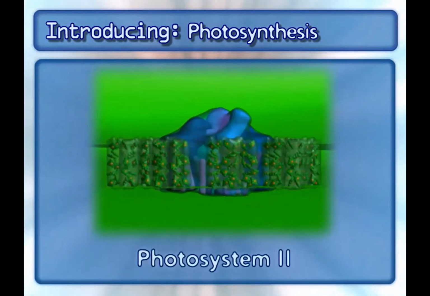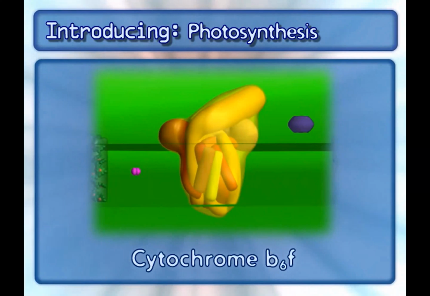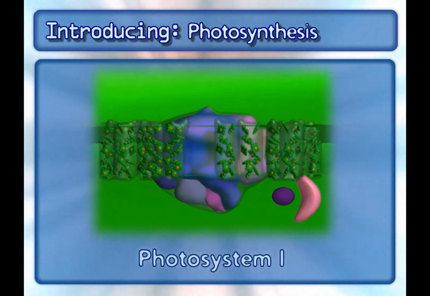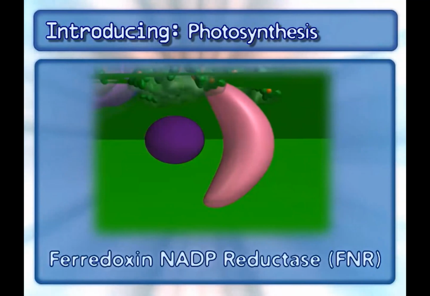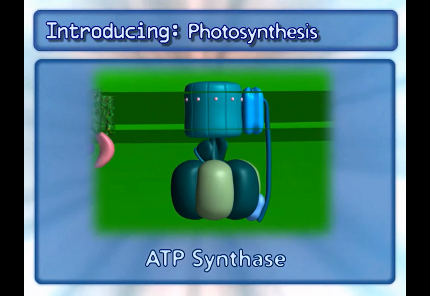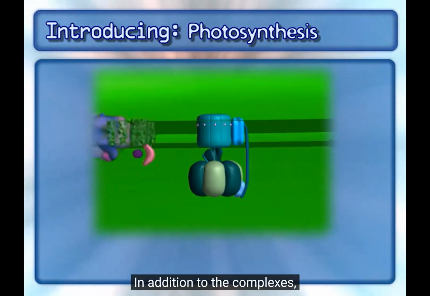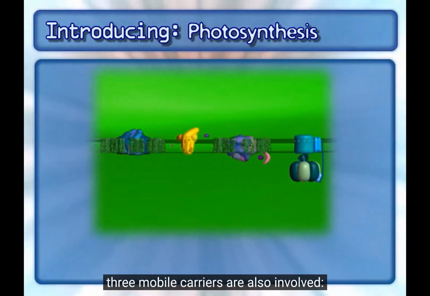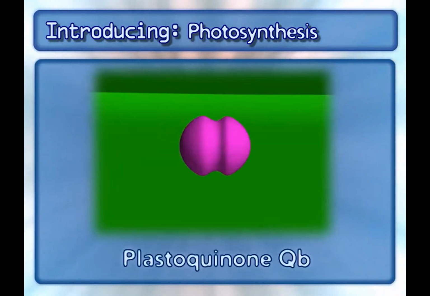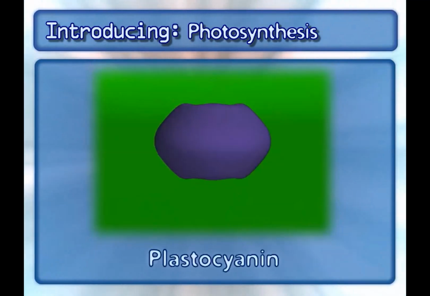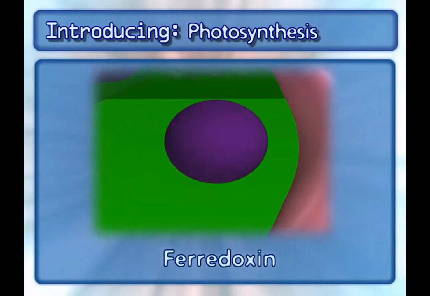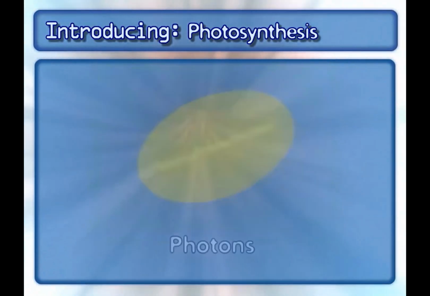photosystem 2, cytochrome b6f, photosystem 1, ferredoxin NADP reductase, and the complex that makes ATP, ATP synthase. In addition to the complexes, 3 mobile carriers are also involved: plastoquinone QB, plastocyanin, and ferredoxin. Other key components include photons,